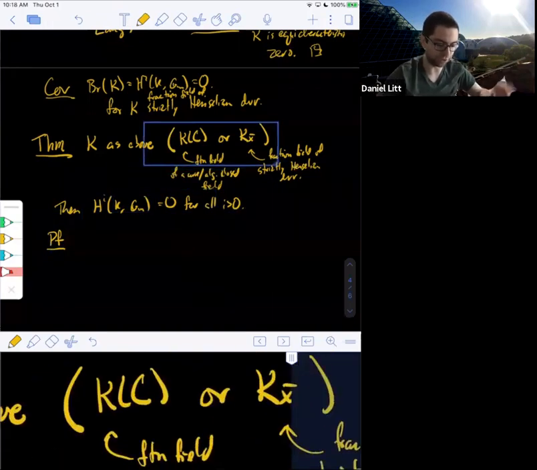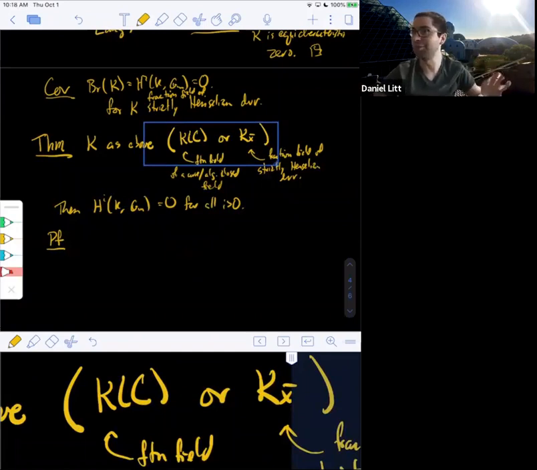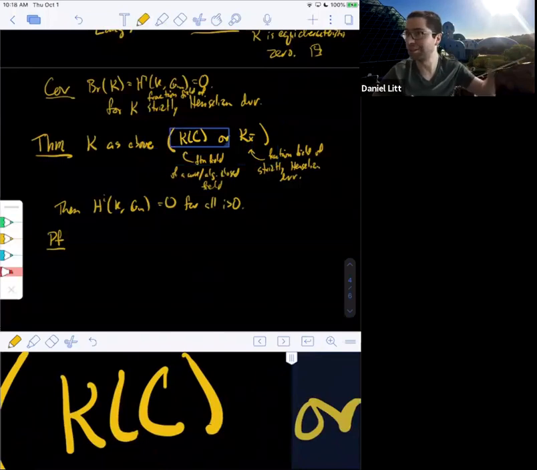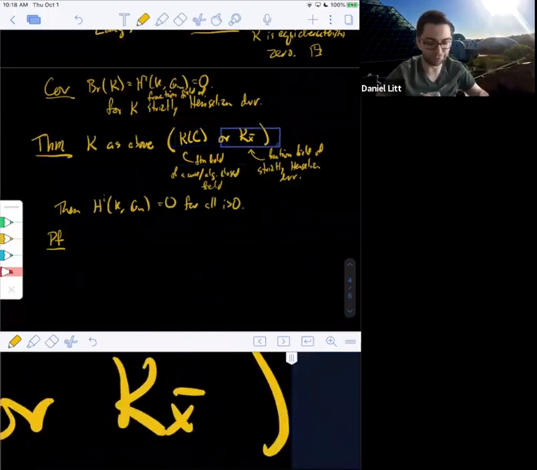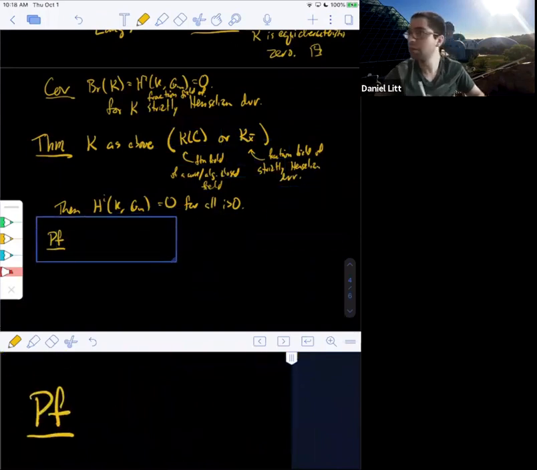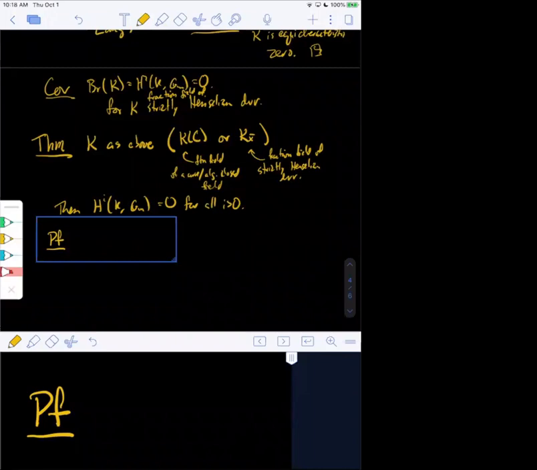So what's not hard to see is that a finite extension of a function field over an algebraically closed field is a function field over an algebraically closed field. So in particular, in this case, it's not so hard to see that all finite extensions have trivial Brauer group. And if you know a little bit about strictly Henselian DVRs, the same is true there. Like a finite extension of such is a strictly Henselian DVR. But I again want to avoid talking about that. Yeah, so that's why I phrased it this way. But it's true as long as H1 and H2 of G_m are 0 for all finite extensions. Does that answer your question, Bob? Yes, thanks. Yeah, great. Cool.